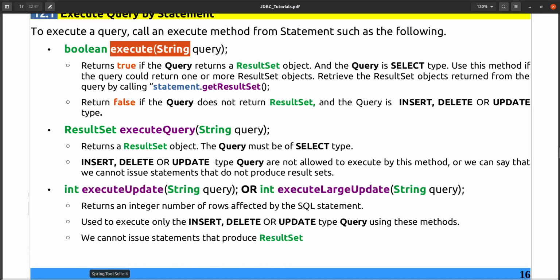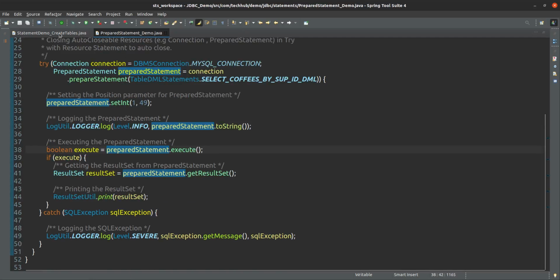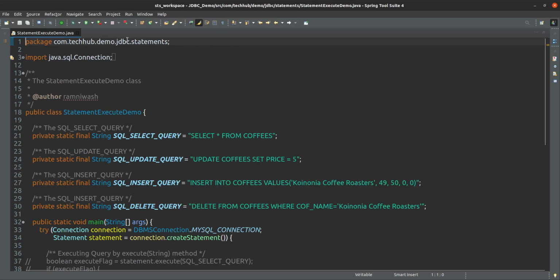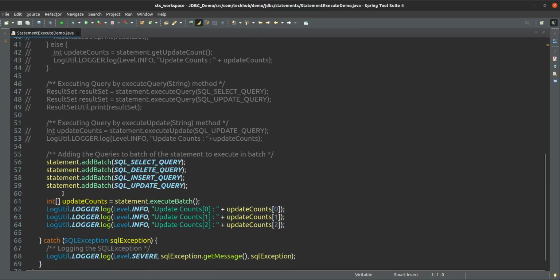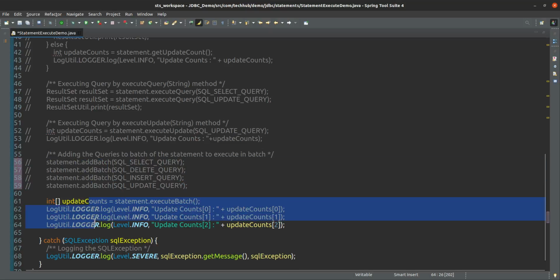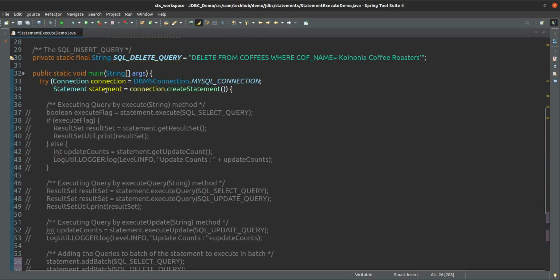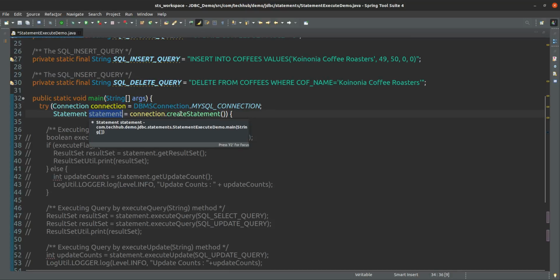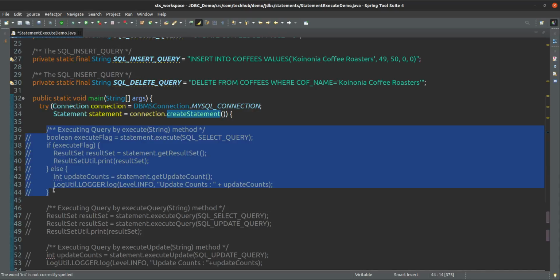Suppose we take this example, statement execute. Comment this one. So here what we did, we have created the statement using createStatement, and that statement we are going to execute.